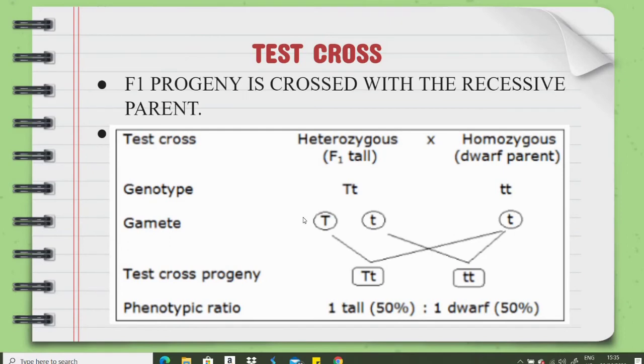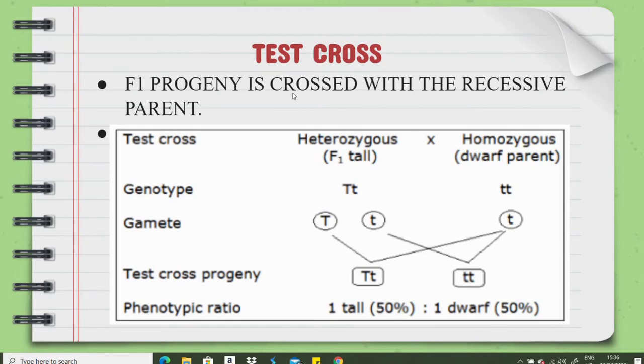Now we know that there is monohybrid cross taking 1 character at a time, and dihybrid cross taking 2 characters at a time. Based on doing both dihybrid and monohybrid crosses taking different pairs of contrasting characters in P plant, Mendel came to a conclusion, and based on that he put forward the laws of inheritance. In order to confirm the outputs that he obtained as a result of monohybrid and dihybrid cross, he did 2 more types of crosses. One is test cross and the other one is reciprocal cross. So first we'll check what a test cross is.